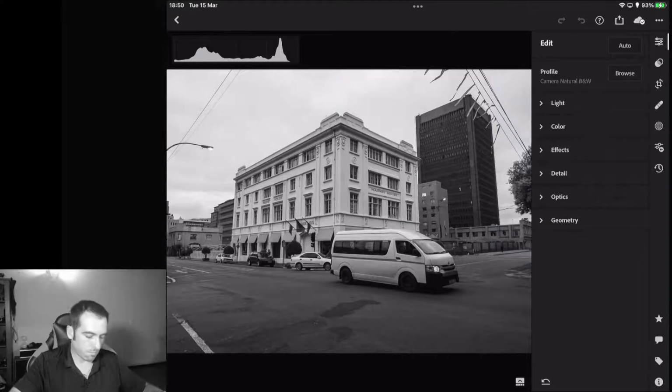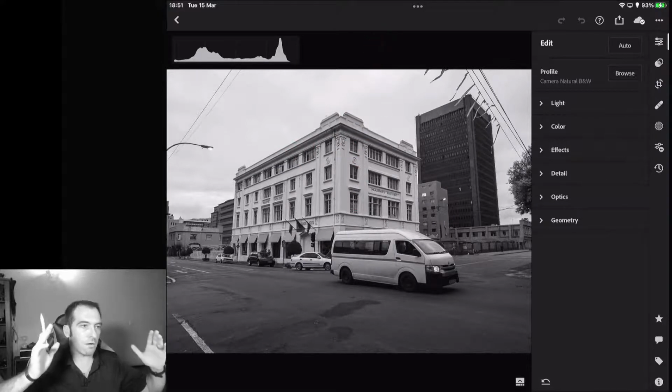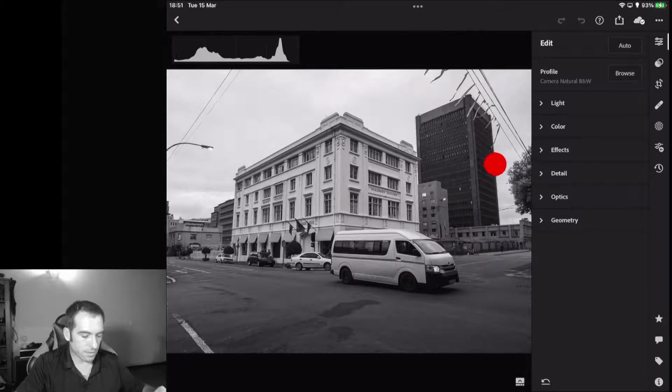Nice area, Marshalltown sort of area. Okay, let's have a look at something like this. It's a street scene, these buildings, and as you can see, this building is getting smaller to the top. All my lines are a little bit converging to the top, and also this building on this side, due to my lens that I use for street photography, is leaning over to the left, going up. So we've got all these little things that maybe we want to fix, or